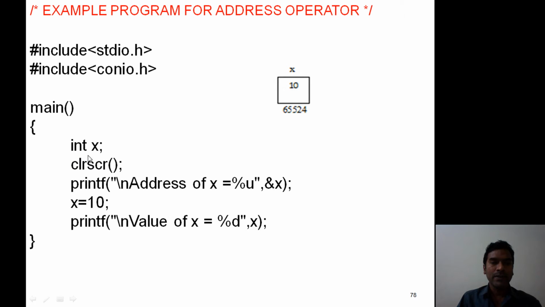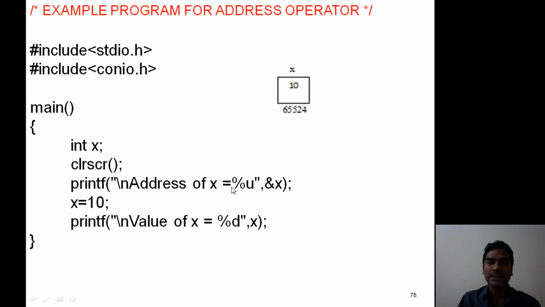Here a variable is declared as x, of integer data type. The compiler allocates memory for the variable x, and for this location there is some address. Assume this address as 65524. So to access this address, we place the &x format.